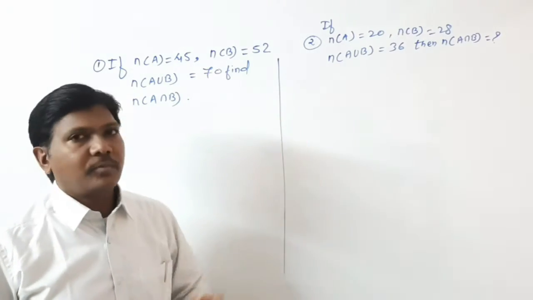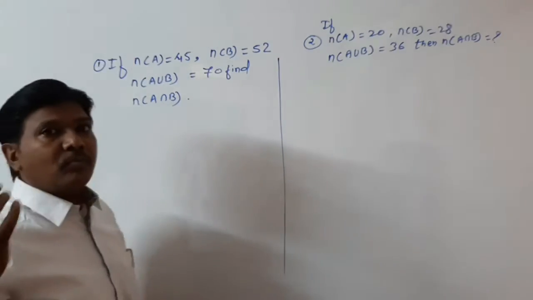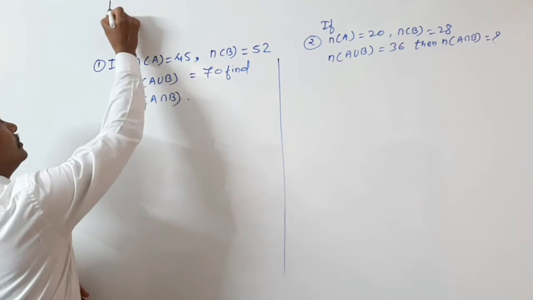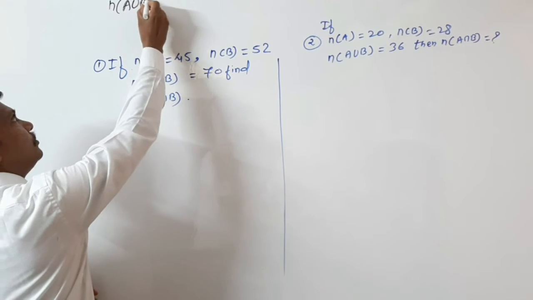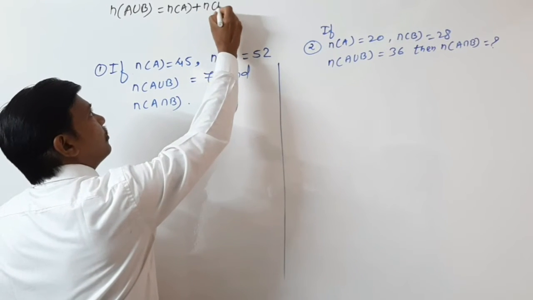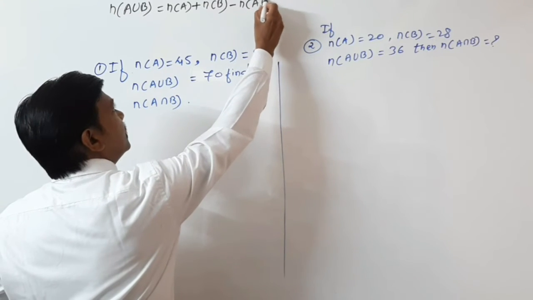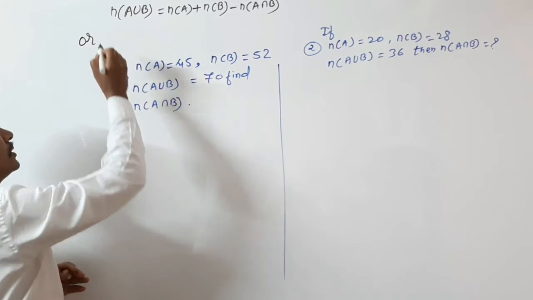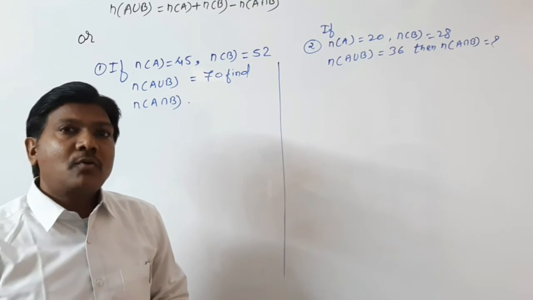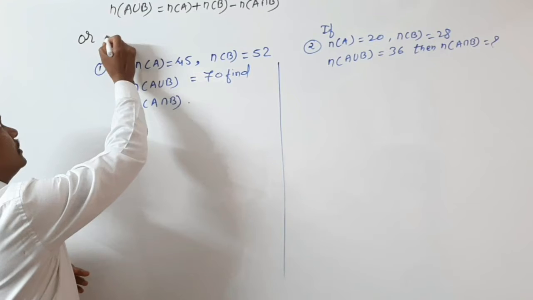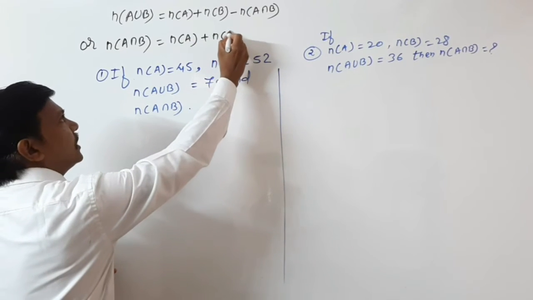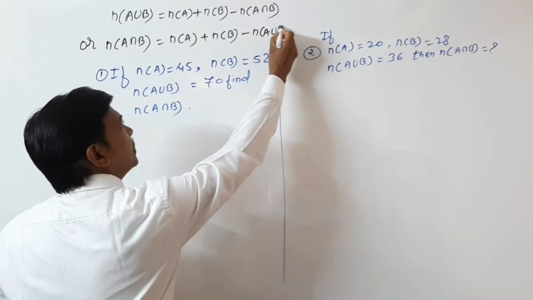Let's see the formula and some examples again. So our formula for number of elements in A union B or number of elements in A intersection B. Number of elements in A union B is n(A), number of elements in A, plus number of elements in B minus number of elements in A intersection B. Or if union is here, we take intersection here, and if you want number of elements in A intersection B, write n(A intersection B) is n(A) plus n(B) minus n(A union B).